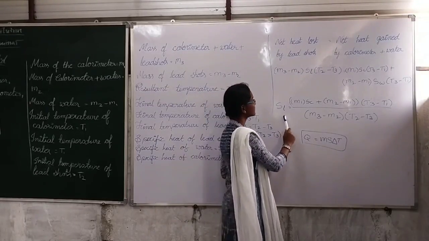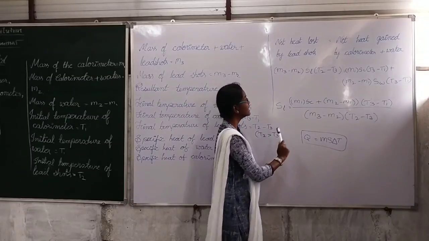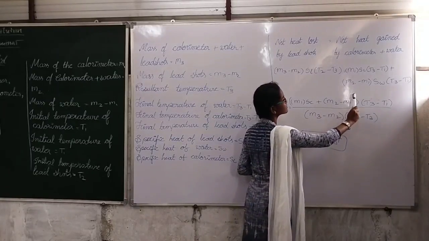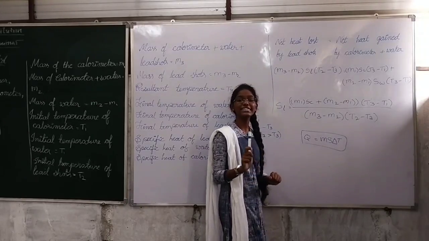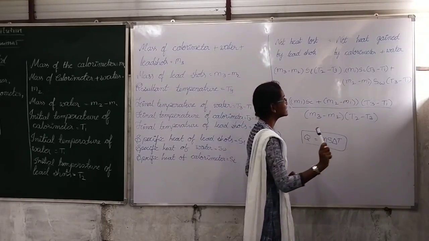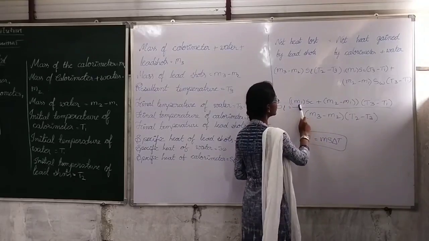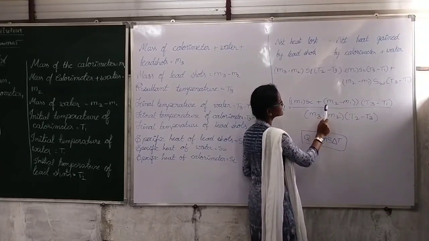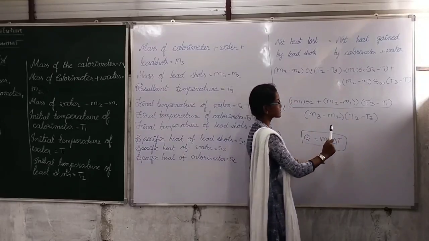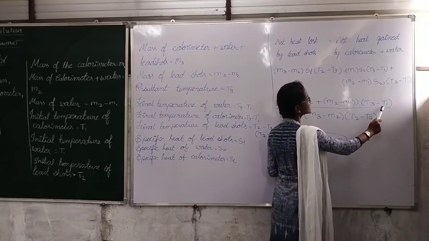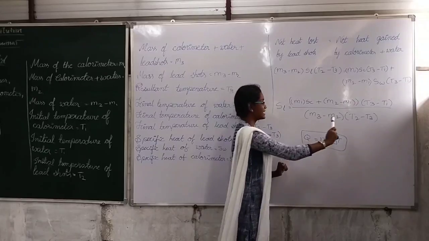So the specific heat of the lead shots equals M1 SC plus M2 minus M1 whole bracket SW, into T3 minus T1, since T3 minus T1 is common, divided by